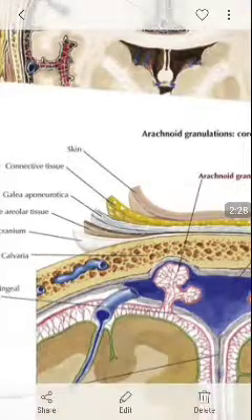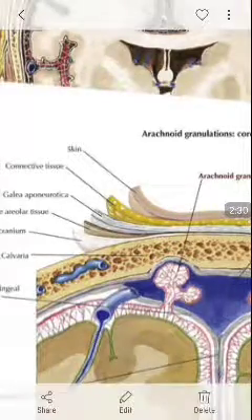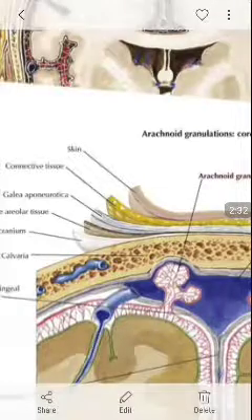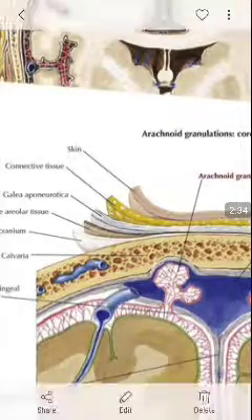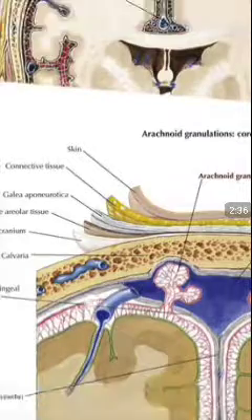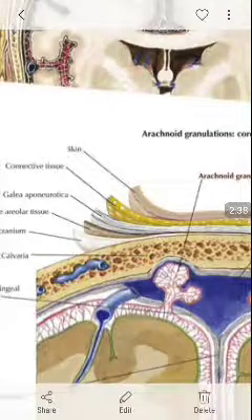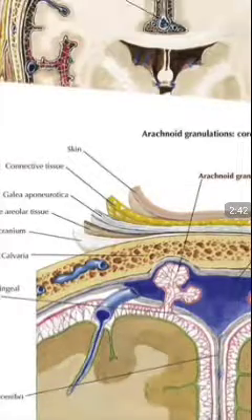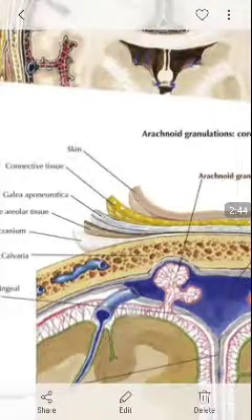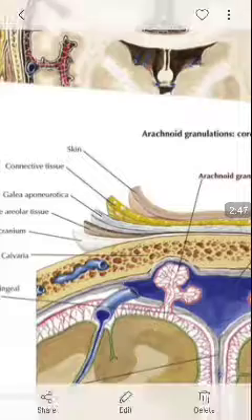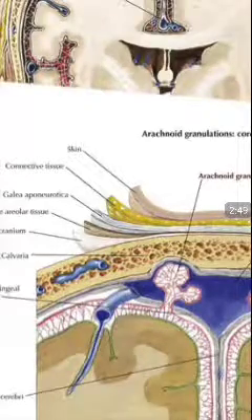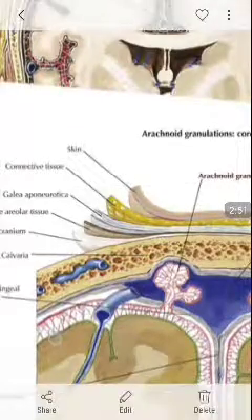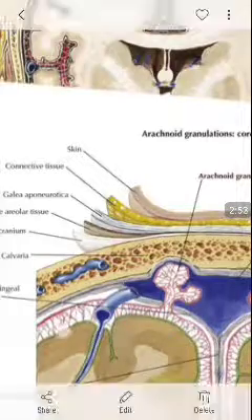So it is in close relationship to the surface of the brain. The green one is the pia mater, and the pink one is the arachnoid mater, and between the pia mater and arachnoid mater you can see trabeculations, or thread-like structures, which connect the pia mater to